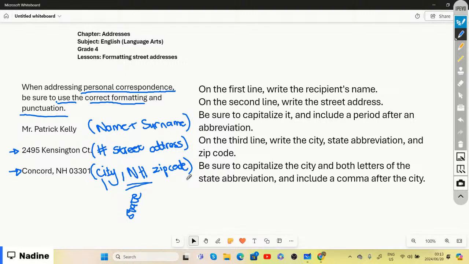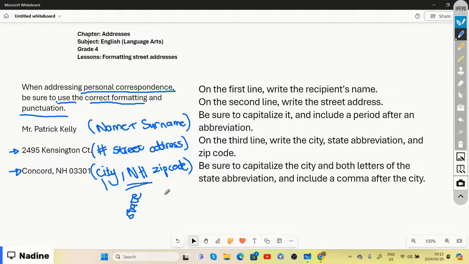All right. So once again, when we personalize correspondence by writing an address, you need to be sure to write the correct information when sending letters to and from. I'm going to specifically make mention of sending letters. Actually, not even letters nowadays. Let's think of online shopping, right? When you do online shopping, you have to put in your correct address, because the package or whatever you bought online needs to be sent or dropped off at your correct